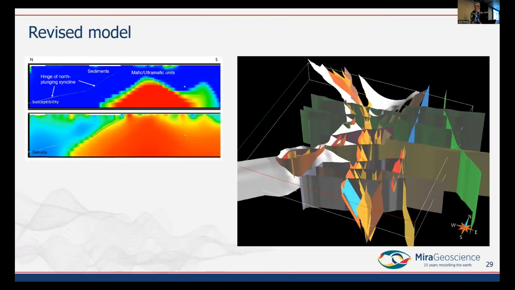We rebuilt the whole model as a syncline, which is shown right there. And then we get much better agreement between the geophysical inversions and the model. So this is a contact from your magnetic inversion, and there's the hinge of that north plunging syncline there. So at least this interface here is parallel to this one. It's not on that contact, but it's parallel to it. And there's very good agreement between the gravity data, so the mafics to the south and the sediments to the north. We've got good agreement between that north plunging syncline and the gravity inversion as well. So everything just fit better with a syncline rather than an anticline.